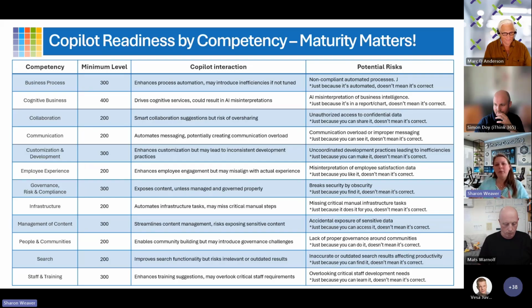But if you look at this by competency, just like I said on the last slide, maturity matters. It doesn't just matter a little bit at this point. It matters a lot. Because if I put Word in a 100, 200 level organization and they use it a little bit, they're like, cool. It gave us what we needed, minimal viable product, we're happy, move on with life.